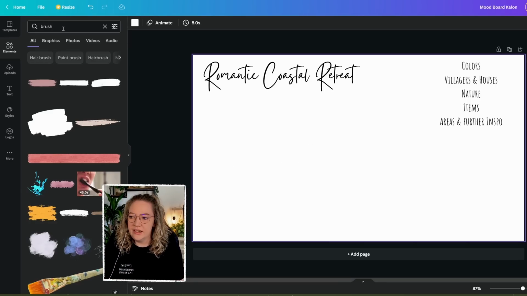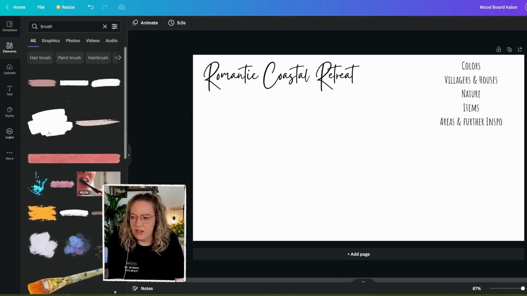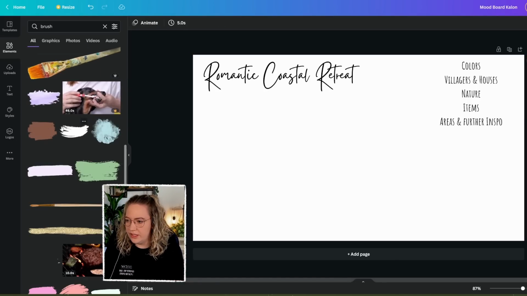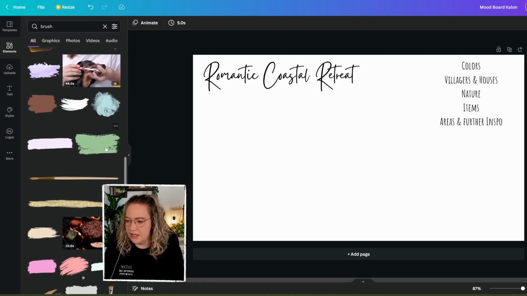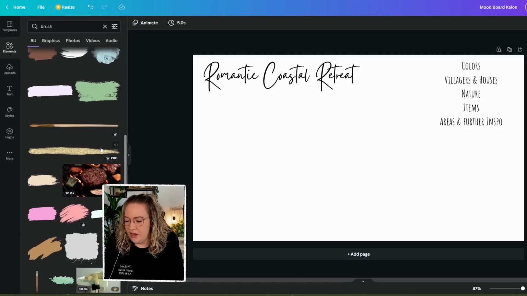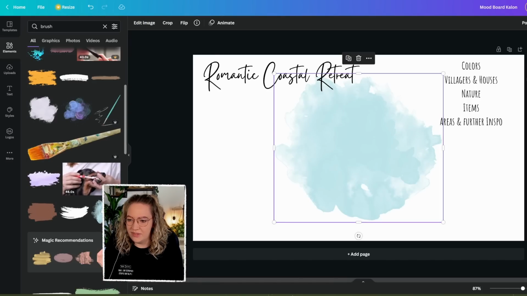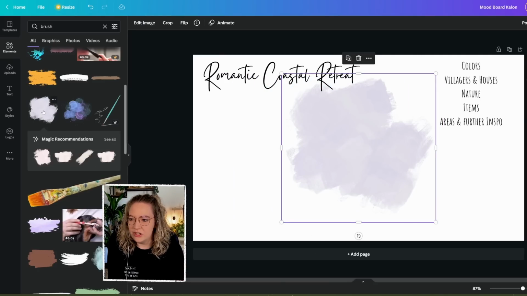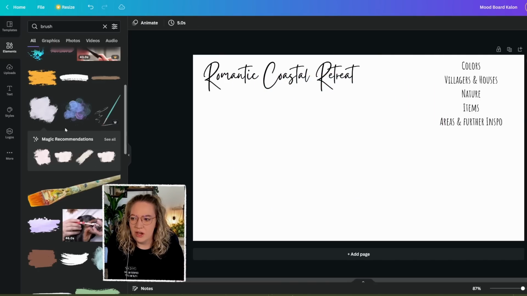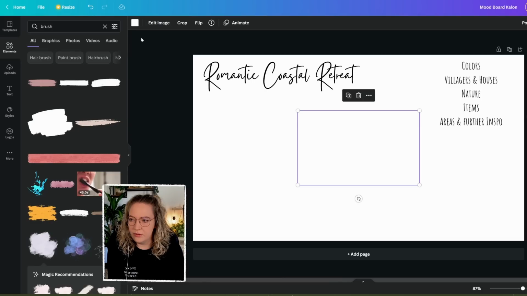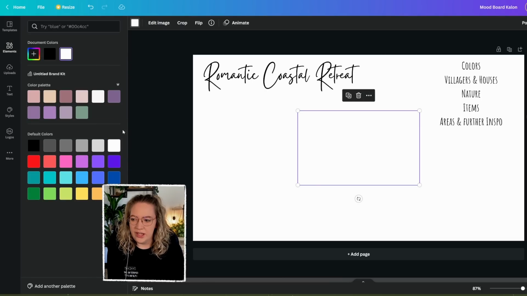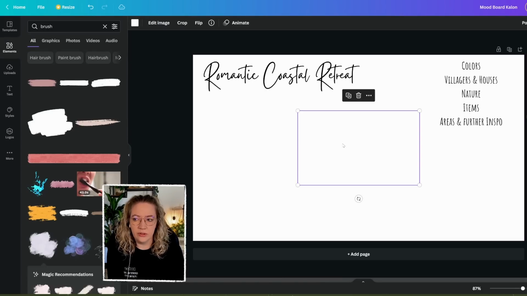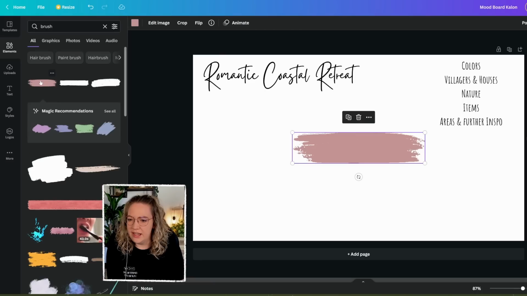So I just go ahead and search brush, because I like to have a little bit of a brush element for the different colors, and then I'm just going to look through these and see which one speaks to me in terms of how they're done. I love something soft like this, but this is an image, so I can change the color of it, which you can see in the top. So if I were to choose a different one here, I can change the color completely, which is what we're looking for. And now I just want to have a nice